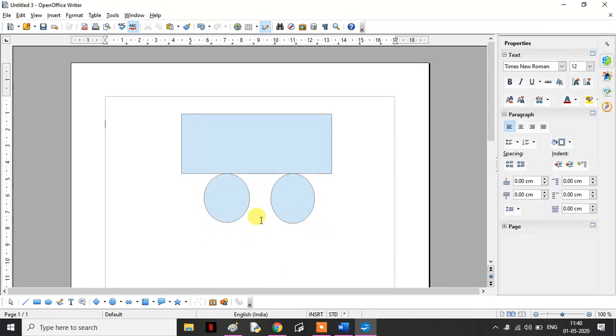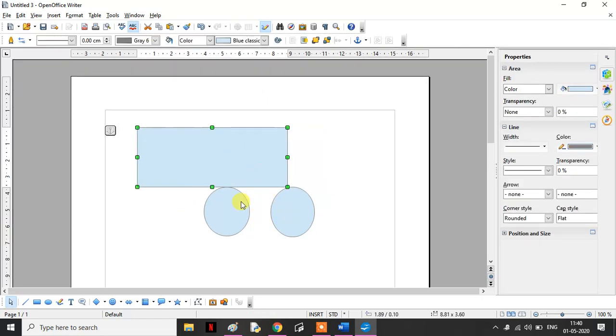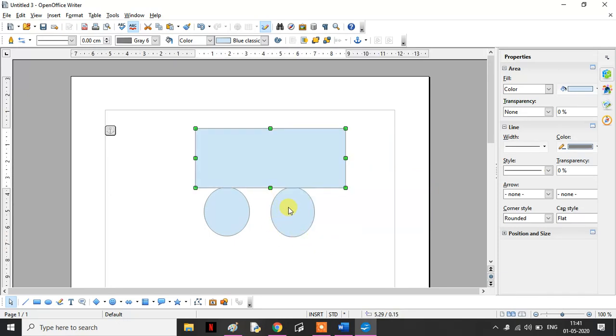Now if you see, I move this. So what is happening? Suppose these are like the wheels. The upper part of the vehicle is moving, but the wheels are remaining at the same position. This should not happen, otherwise it will result in a crash. So what we can do is, I have adjusted it in this way again.